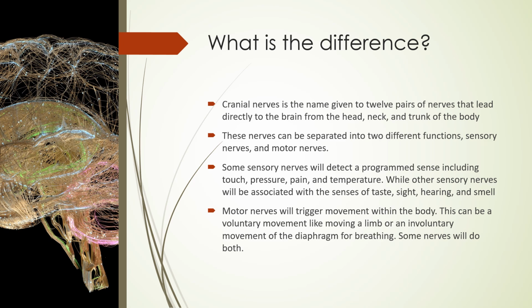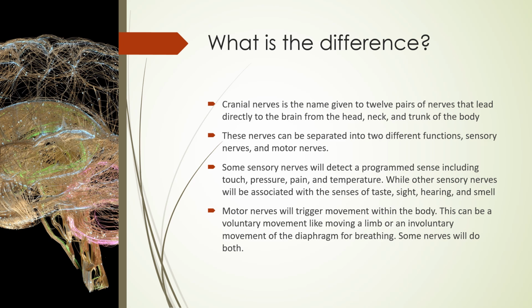So the clue's in the name. Your sensory nerves will usually detect a sense. So think of your 5 senses: touch, pressure, pain. You've got your temperature. We're obviously also thinking about smell, hearing, sight, taste even as well. So sensory nerves will detect these senses and then cause the body to react in a certain way. So if we're cold, our body will get the message from our sensory nerve that we're cold,